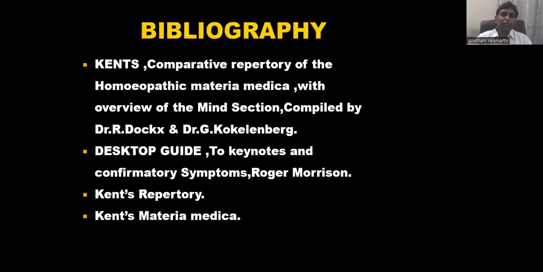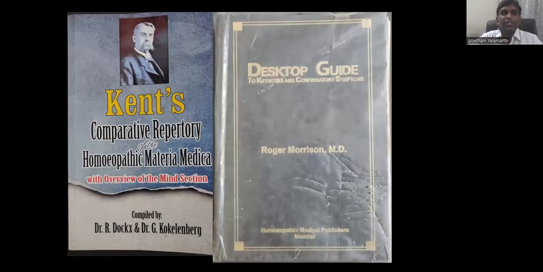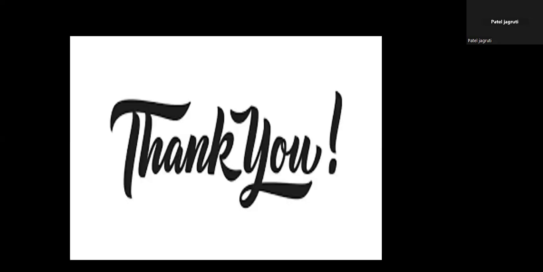So, bibliography. I have taken this chapter from Kent's Comparative Repertory of Homeopathic Materia Medica, compiled by Dr. Doxon Kloppenberg, the desktop guide, the keynotes and confirmatory symptoms of Morrison, and from Kent's Repertory and Kent's Materia Medica. So this is the book which I have taken. It is compiled by Dr. Doxon Kloppenberg and the desktop guide, which is helpful for confirmatory keynotes. So before ending,